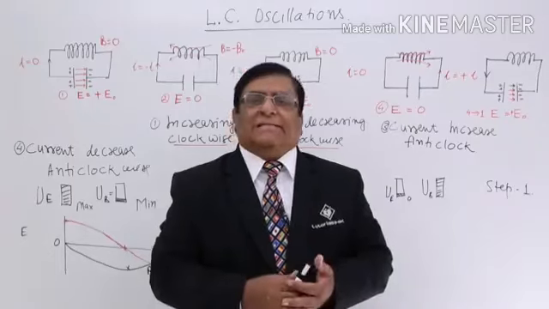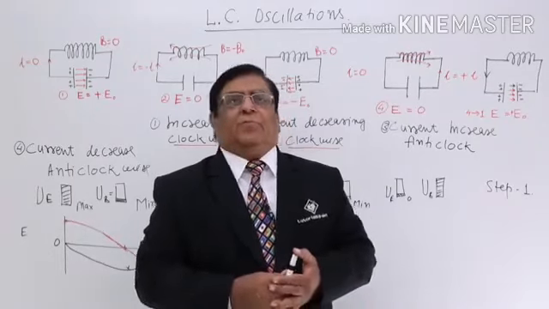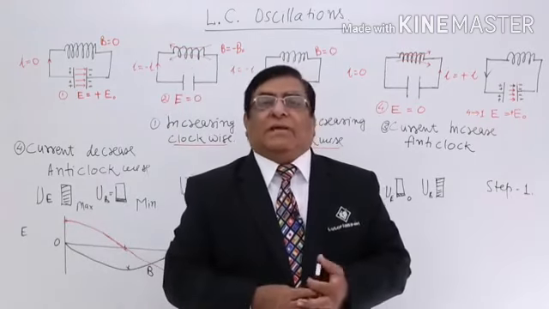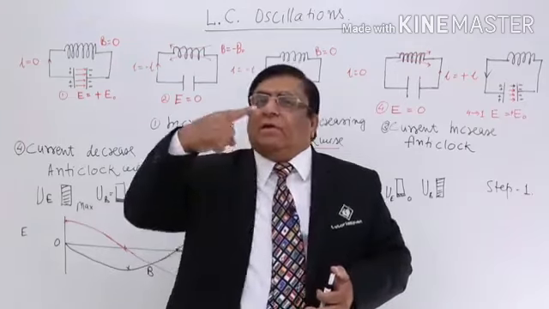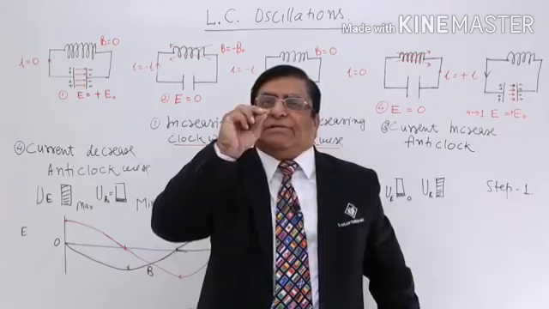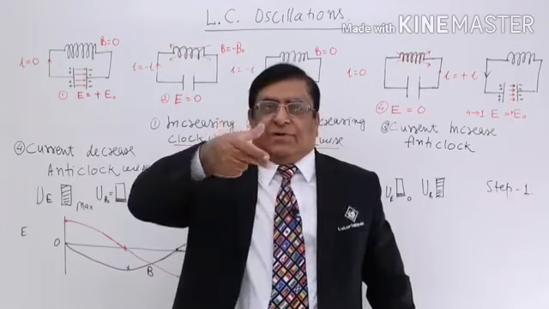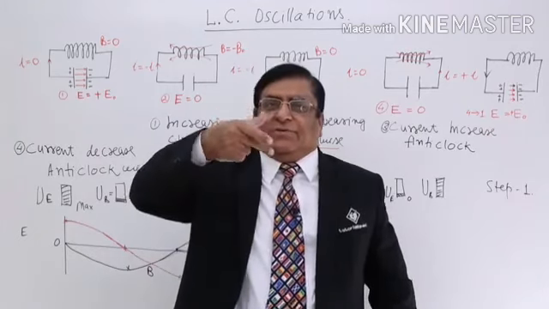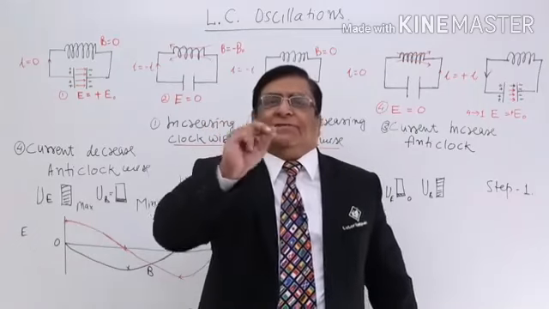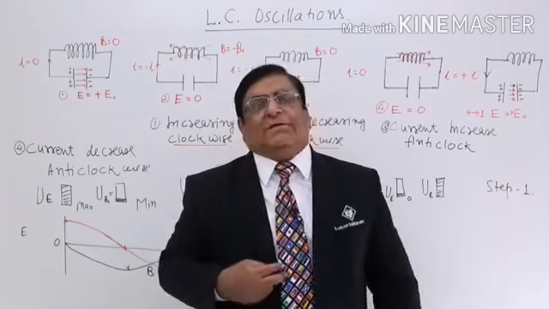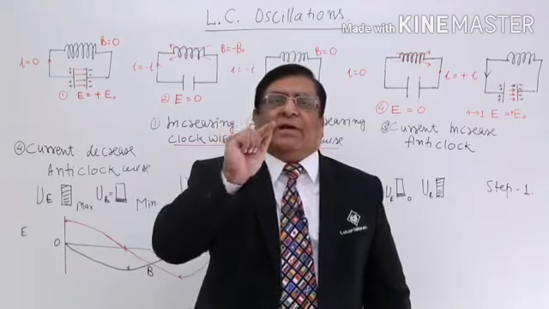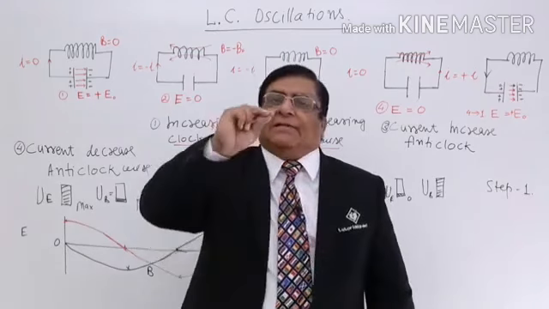Today we will study LC oscillations. We have been discussing that we are getting signals in the form of variable voltages. In a wire, if I measure the voltage here, it is positive, 0, negative, 0, positive, 0, negative, 0. Voltage is the same thing as electric field. Electric field is a differentiation of voltage. So, that means we are getting a variable voltage or a variable electric field, and this variation